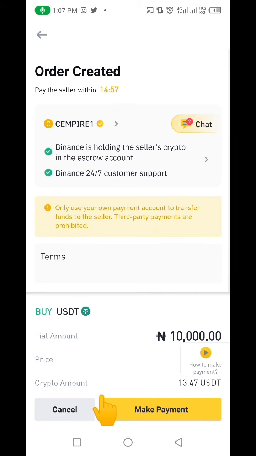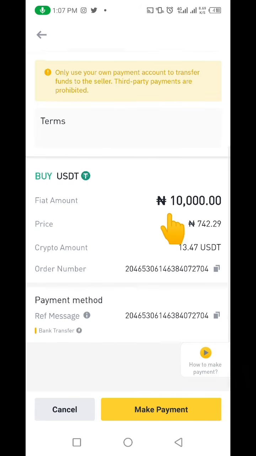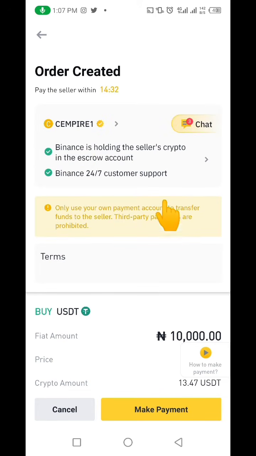Okay, you can see I have created an order already, right? You can see I've created an order now. So what I need to do is this. I'm going to be paying this person 10,000 naira. You can see one USDT is going to cost you 742 naira, and you're going to be getting 13.47 USDT. Now, for you to get the account number of this seller, the name of the guy is called